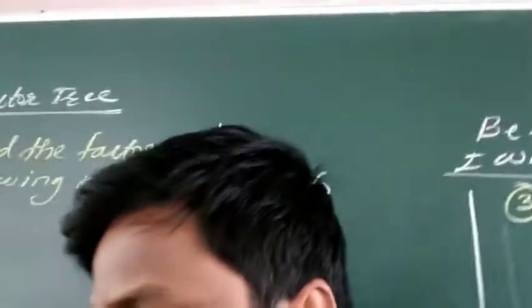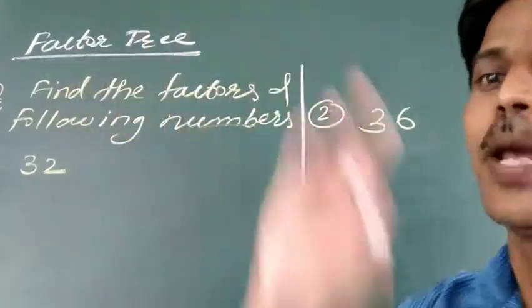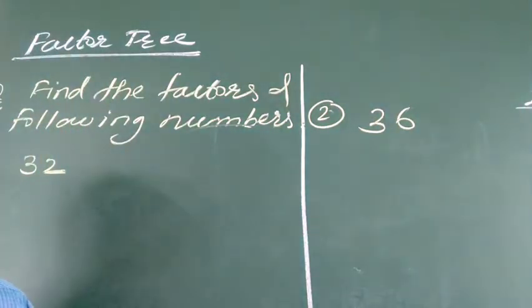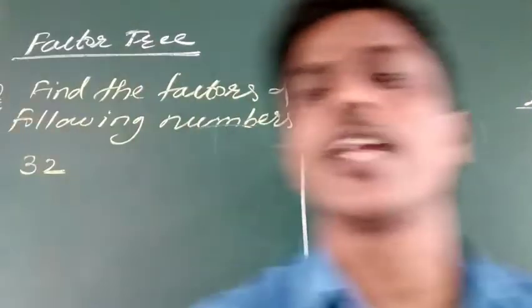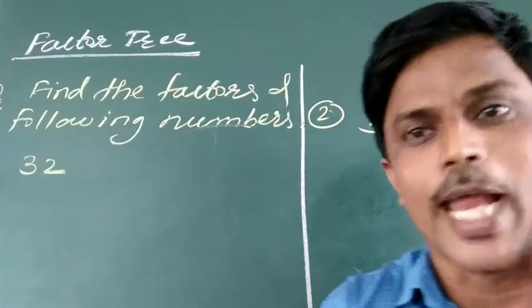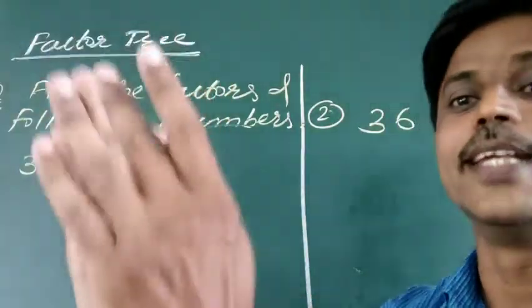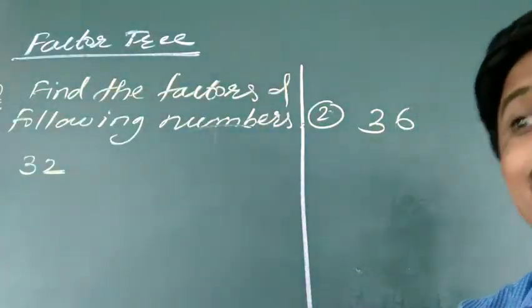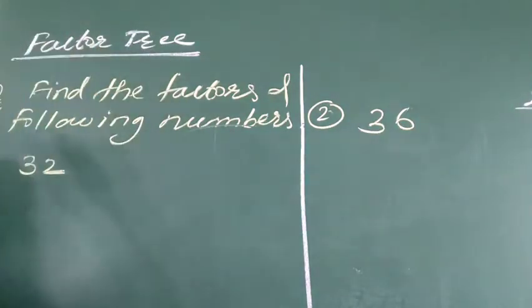Now it is today's class. It is also about our factors. But it is about what? Factor tree. So do you know what is the name of factor tree? Dear students, you know tree. What is tree? Tree is one plant that grows from ground toward up, and it has branches. It spreads like branches are spread like this. So in that design, only in that way we have to find out today factors of given number.